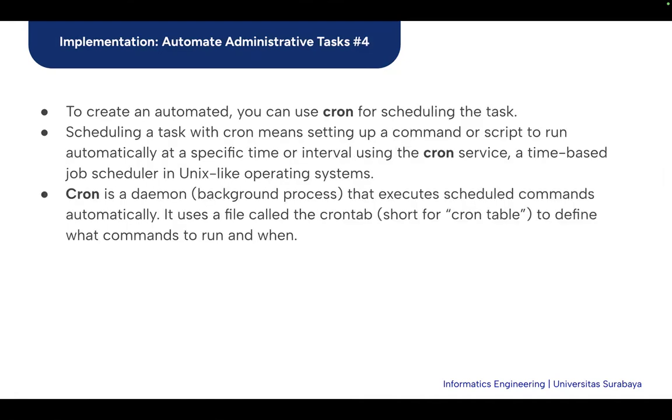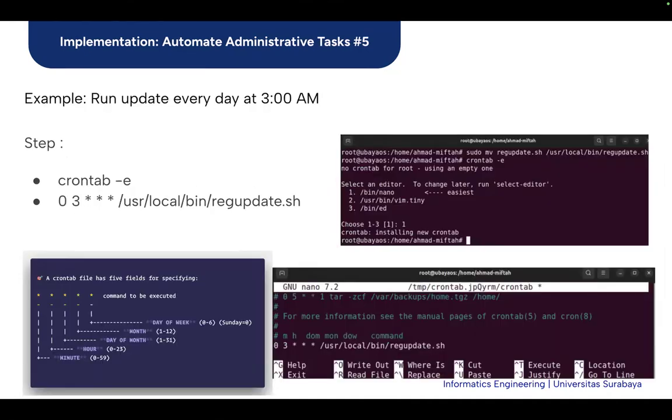And then next, to create automation, you can use cron for scheduling the task. Scheduling a task with cron means setting up a command. Since it is a command or script, later we need to make a script in our Linux environment. For example, we are going to run the update script every day at 3 a.m. So at dawn, 3 a.m., the system will automatically run the script. To make this kind of configuration for cron, we need to make a command or script in the